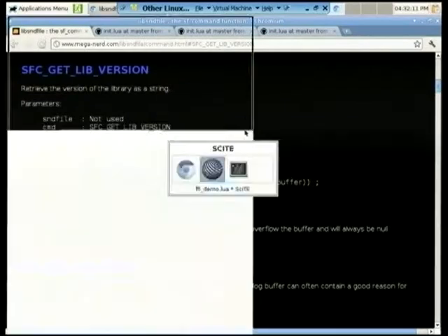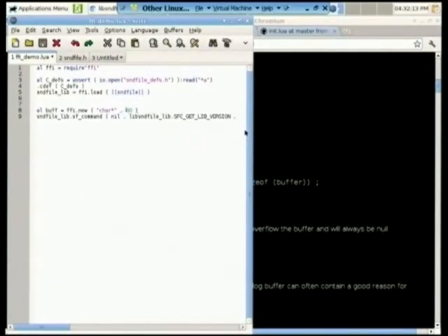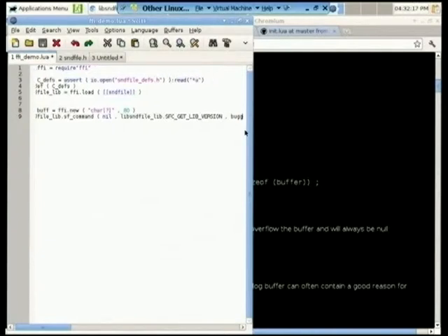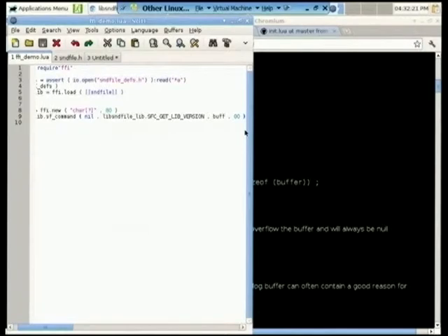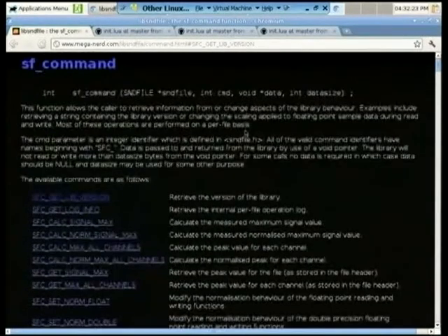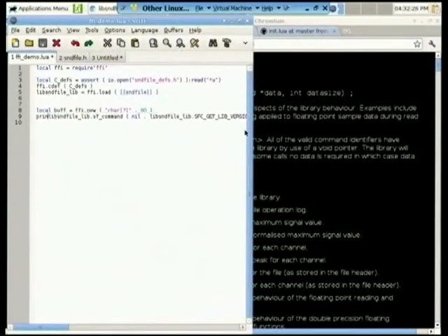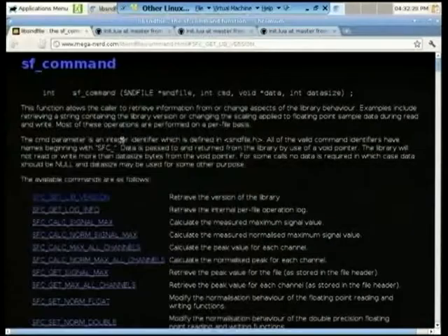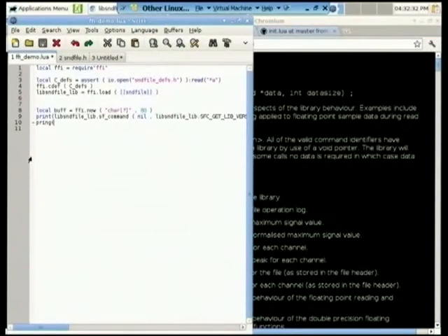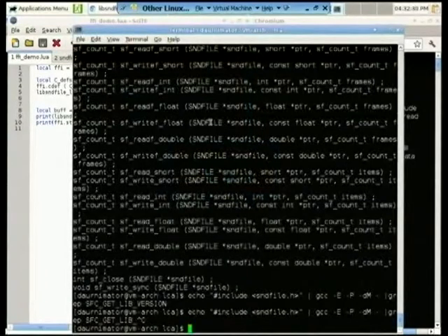And what we need is a pointer to a buffer. And what does it return? An int. Print it. And then print ffi.string of buff. Hopefully that will work. I haven't tried this, so